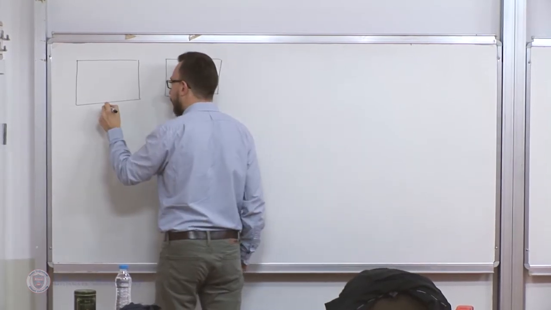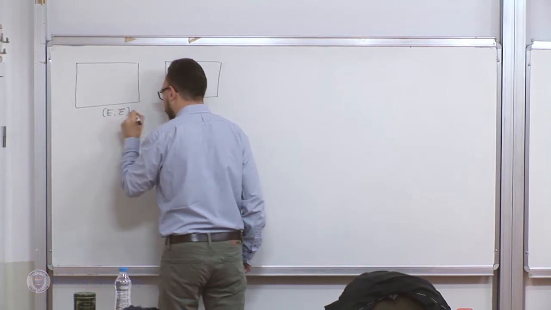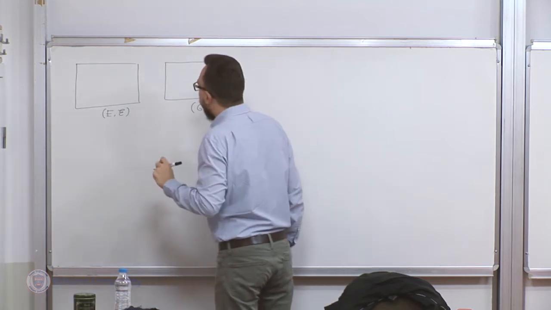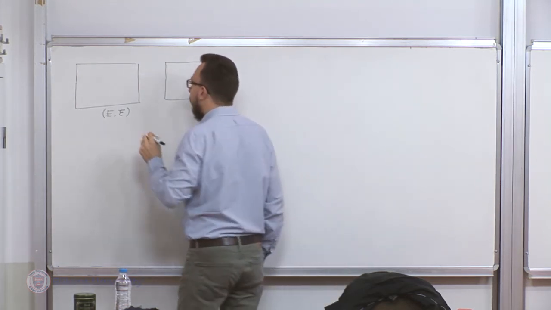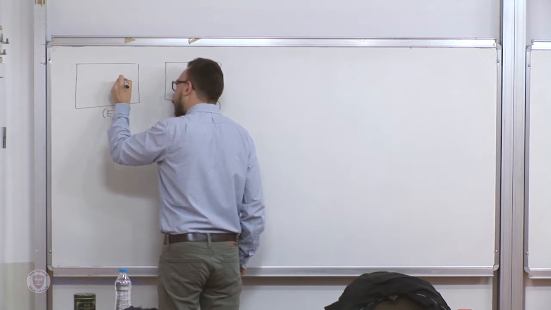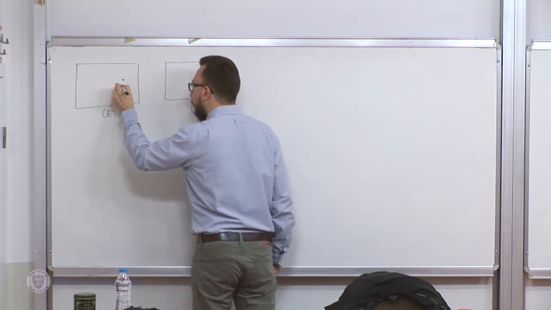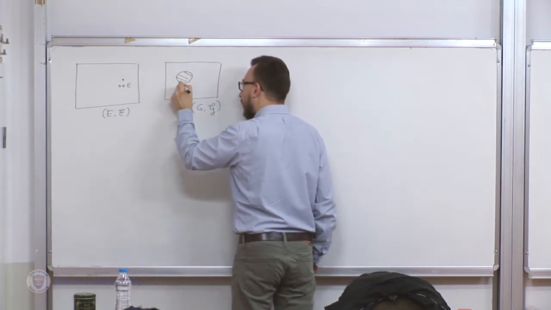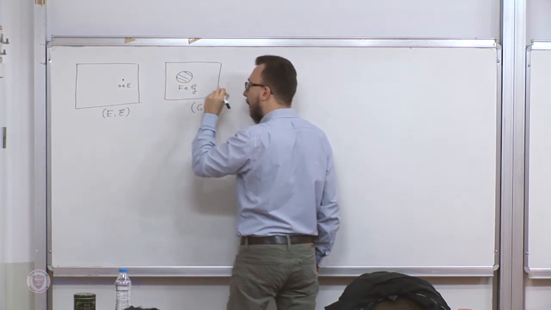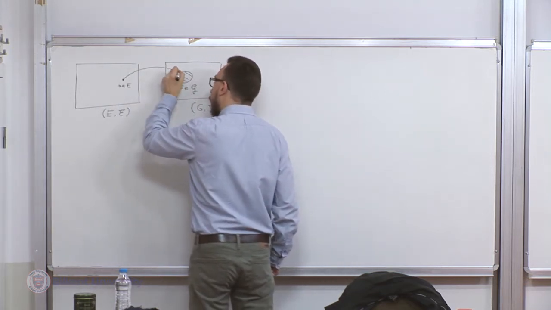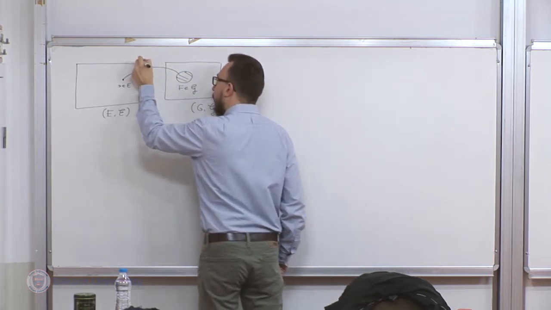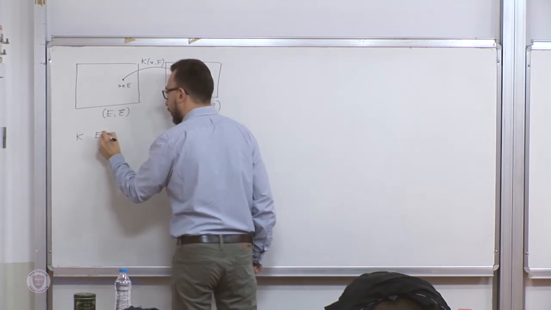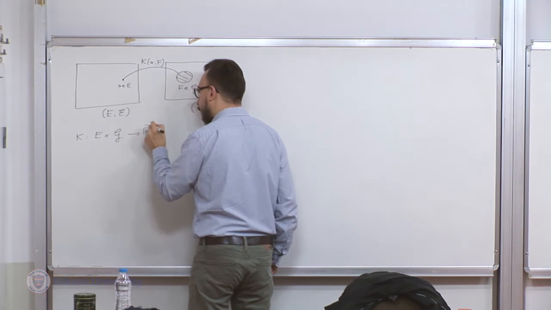So let's say you have two measurable spaces, E and G. A transition kernel is a function of two variables. The first variable is a point in the first space, and the second variable is a set, a measurable set, in the second space. So when we talk about a transition kernel, it is a function from E cross script G to R bar plus.